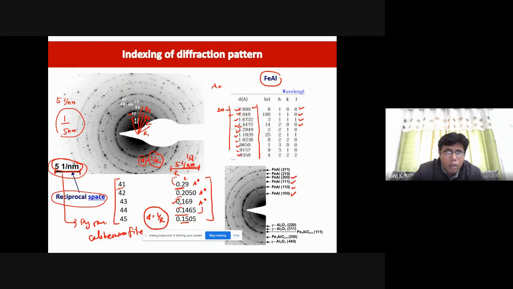Let's say this is 5 nanometer, it would be somewhere around 2 Angstrom. I do not know what this value is. Now you inverse it, 41, and let's say you get around 0.2. Then 0.2 divided by this, you are getting 2 nanometer. 1 divided by 2 will become, let's say, around 4. Okay, let's say this is 4. 1 by 4 is 0.25. So that's what you are getting here.